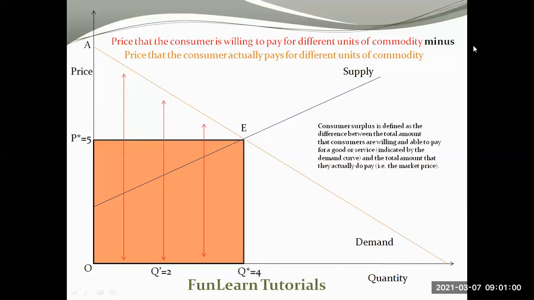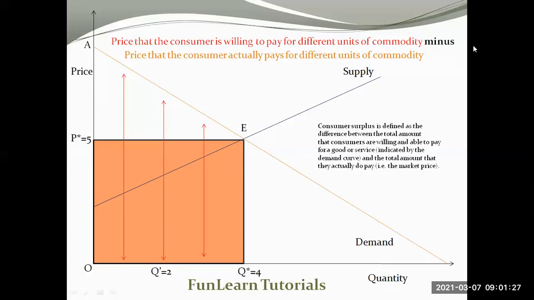As I mentioned before, I could have shaded the other region as well, but I'll leave it up to your imagination. The price that the consumer actually pays is given by the rectangle OP*EQ*. So he was willing to pay a lot more for the commodity that he consumed given his demand curve, but he actually paid a lot less because of the interaction of the demand and supply,